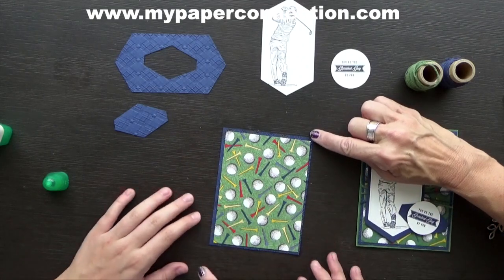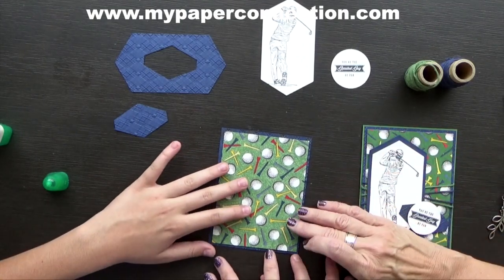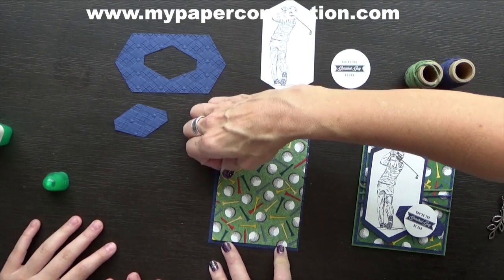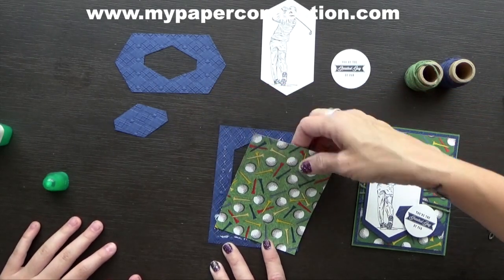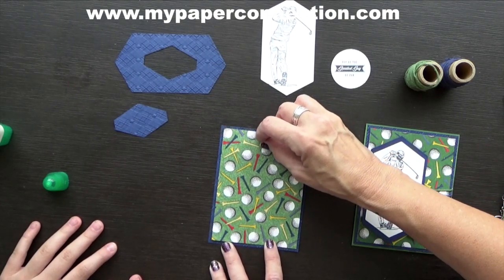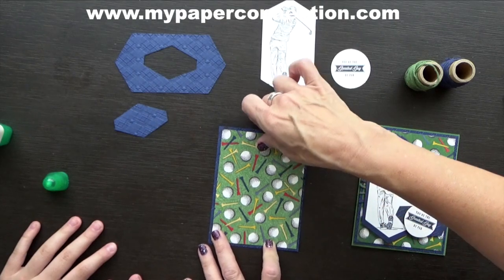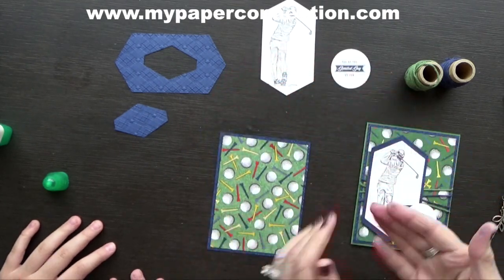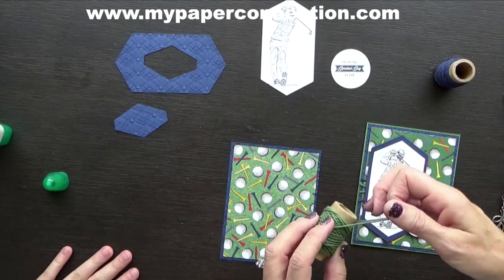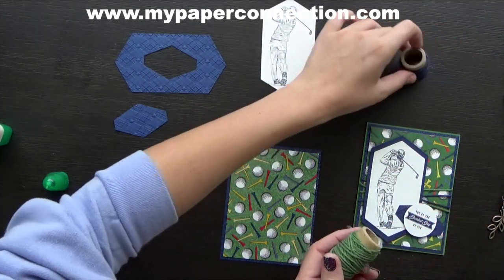Now, if you'll just watch your corners and make sure that your corners have the same amount, then it'll end up being perfect. Whoops. Opposing corners, as long as you cut the paper right. Okay, that works. All right, now before we go any further, we're going to take our twine, our baker's twine,